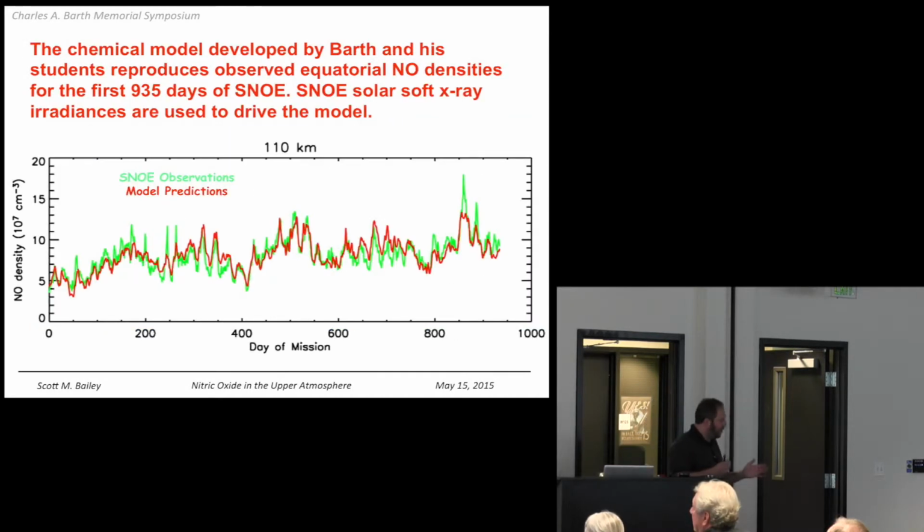Once Dr. Barth had this database, and Justin will tell you the history of NO later, Barth was very interested in the relationship between solar soft X-rays, the solar photons that create NO, and the NO itself. But once we had that measurement of the NO, and we had a model of the NO that many of the people in the room as students helped Dr. Barth create, that related solar energy input to NO altitude profiles, he quickly showed that he could use the theory of NO with the measured energy inputs to reproduce the observed NO. And you see that here.